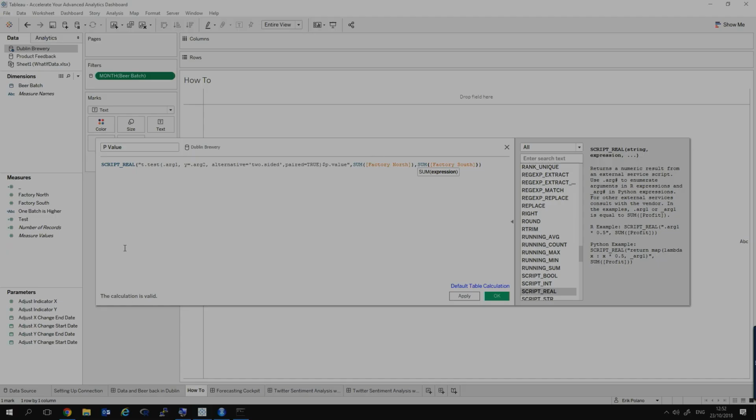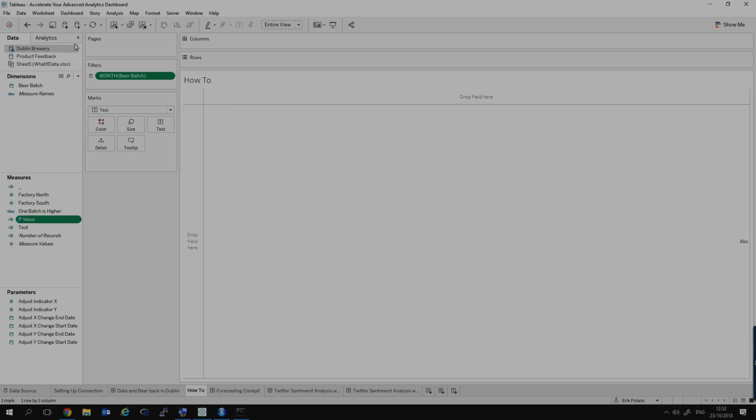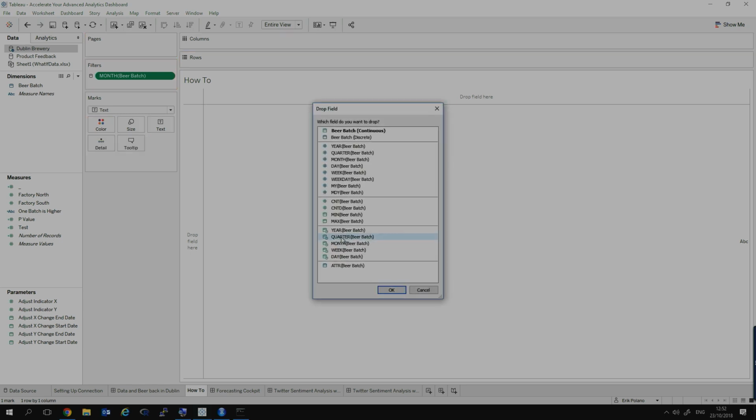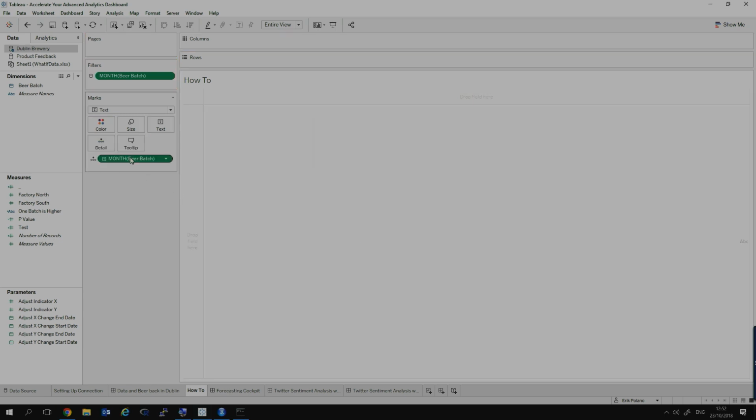So when I just drop this here into my field, I now see that Tableau gives me a prompt to say that this calculation is valid. Great. And what I can now do is bring in the fields that are needed for me to be able to perform this calculation. So because I'm doing this between all of these different batches, and that is here my time series, I'm now going to bring that first field here onto detail.